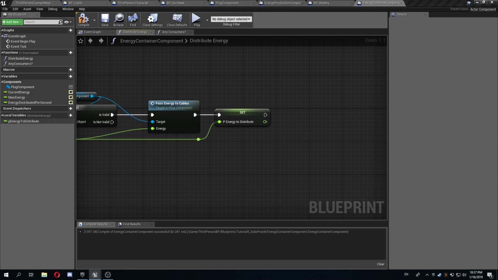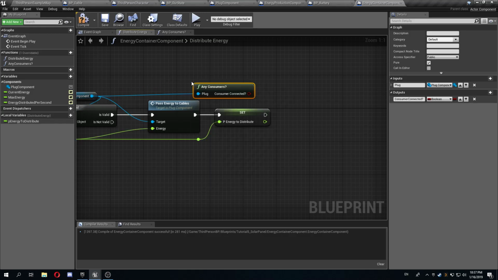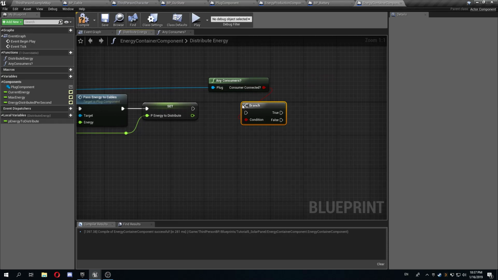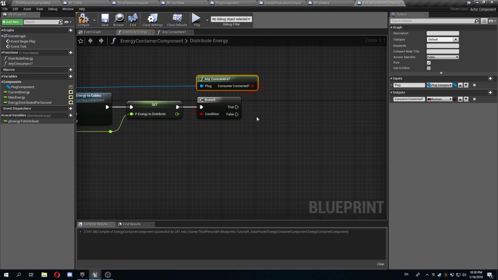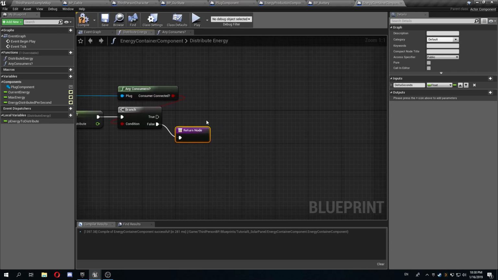And now I want to ask this plug component, any consumers, right? And this is going to be a branch. So if this plug doesn't have any consumers attached, we don't do anything, so we don't need to pass anything. I could just return false or return basically, but if it does, then